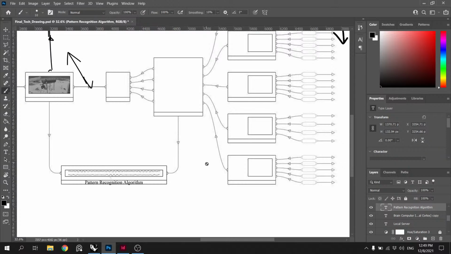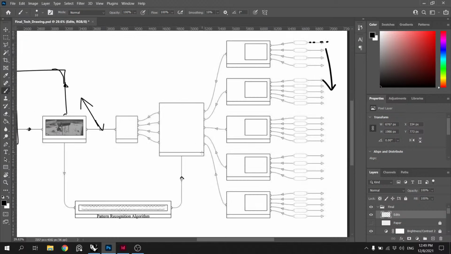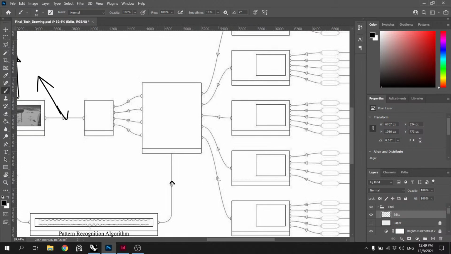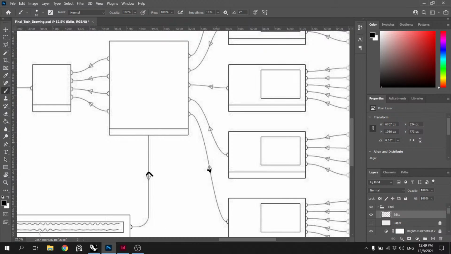basically there's some brush lines here. So this is a two-way thing, and it goes like that. These are all two-way nodes.